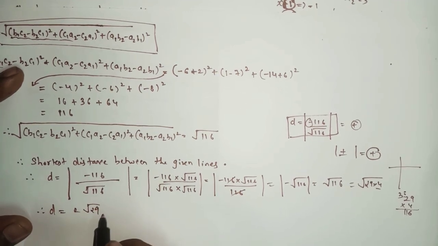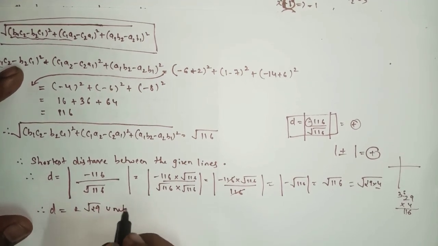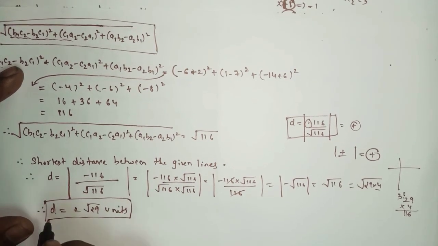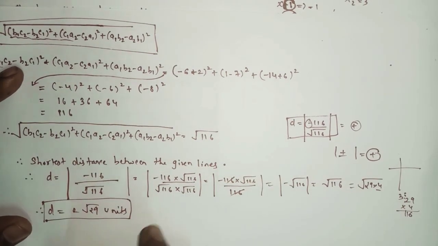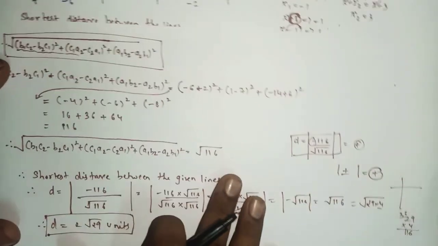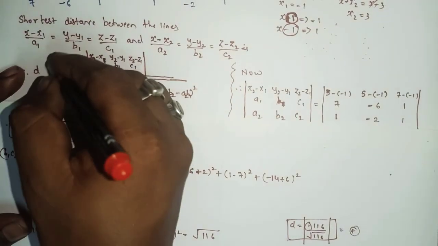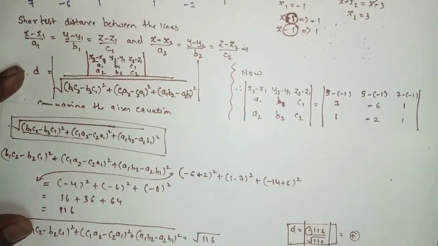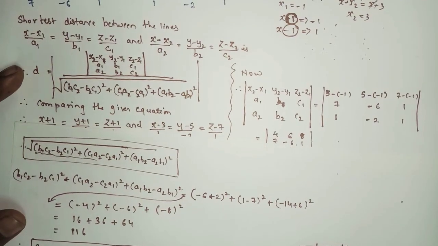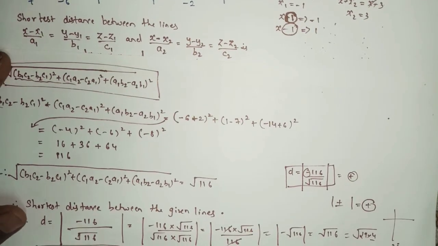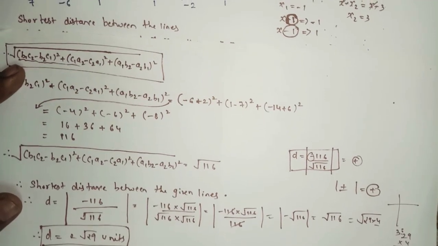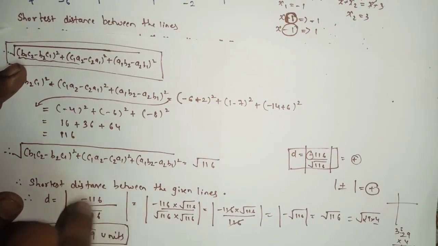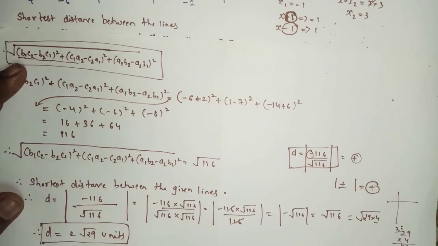Here nothing is given like unit, meter, kilometer, so here we'll write unit only. So here we got the answer, distance. And see to it that, as we know that we have to find the distance and distance cannot be negative, so that's why I wrote the answer inside the mod. If you want, in the first step only, you can write this formula inside the mod only. Because when you substitute the value without the mod, of course the answer will turn out negative, and we know that distance cannot be negative. If you want to find the distance in positive, we have to mention the values inside the mod.